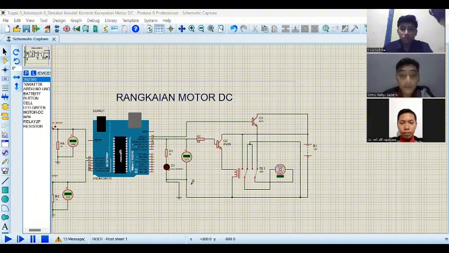Here we use a 12-volt relay connected to a DC motor. After the circuit is complete, my friend Viko will explain the coding next.